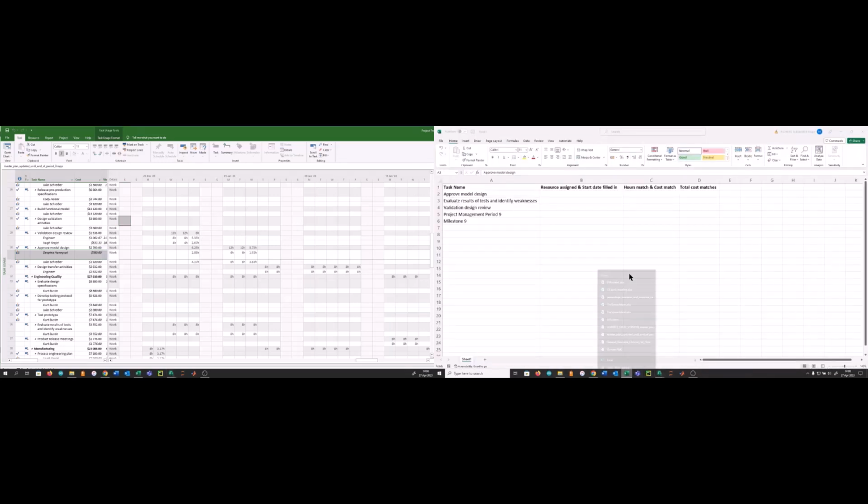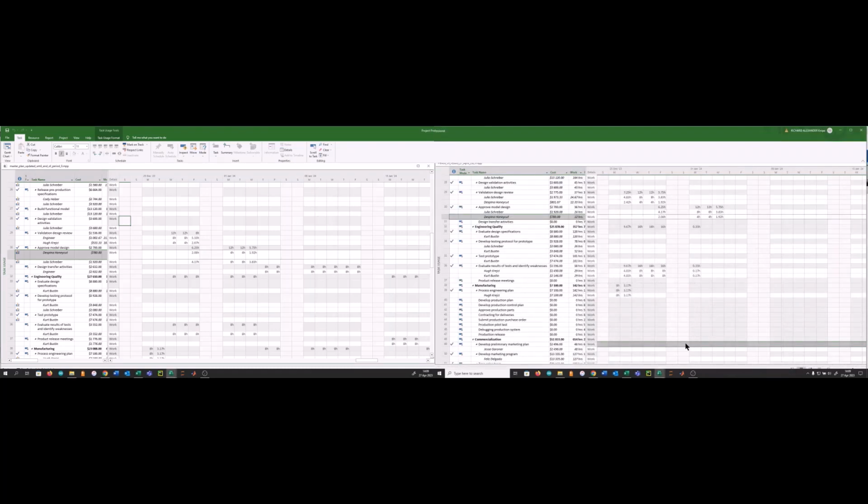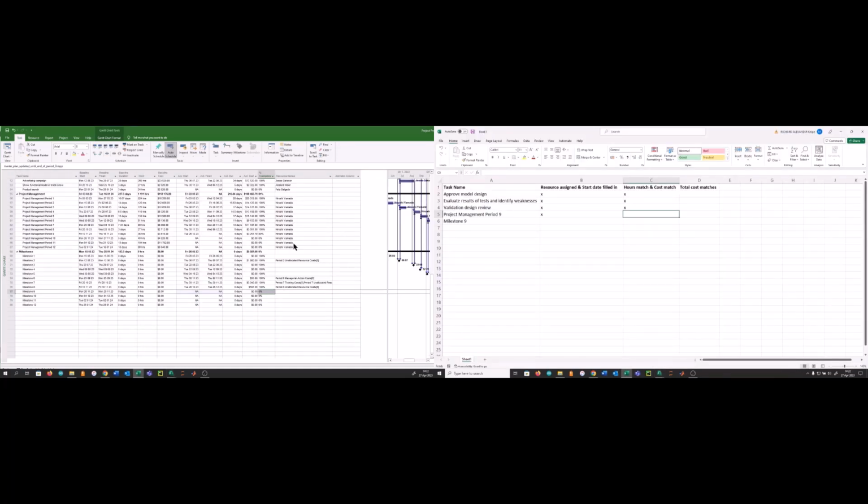And we're going to go into the Excel spreadsheet. I just need to tick this off as well. And the hours and the cost match. That's what I mean by that. Now the total cost we're only going to do after we've done all the tasks. And I'm going to pause it here and I'll see you guys when I've updated all the tasks. Okay guys, I'm back. I just want to show you that what I've done is I've updated the tasks for the resources assigned, and also the hours, they also match, and the costs also match for all the tasks, including